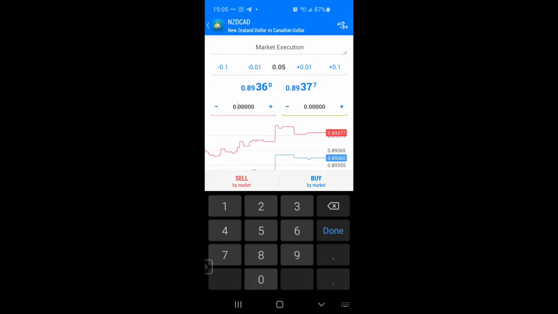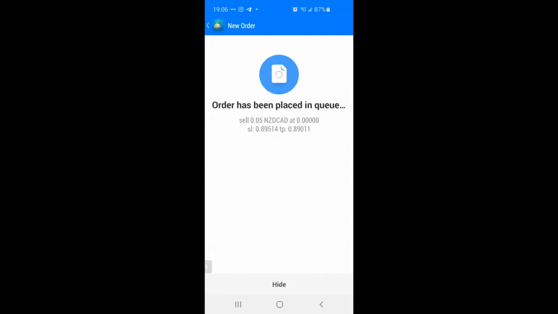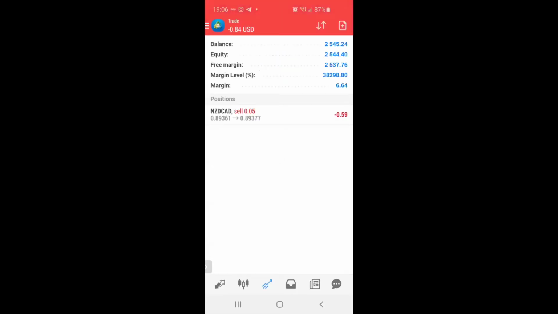So it was 0.89514. Remember, this is an old trade though. I'm going to tell you why it's an old trade in a minute. Then I would type in my take profit, which was 0.89011. And I said that it was a sell order, so all you would do is press the sell button, sell by market. That's it. Now say for instance, I posted this trade in the group 5 hours ago,